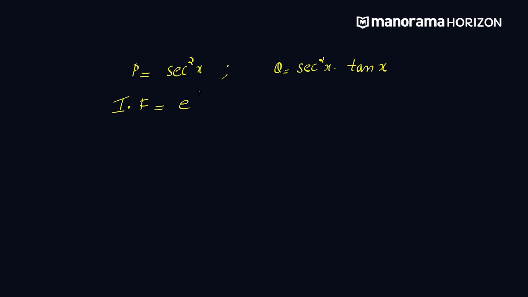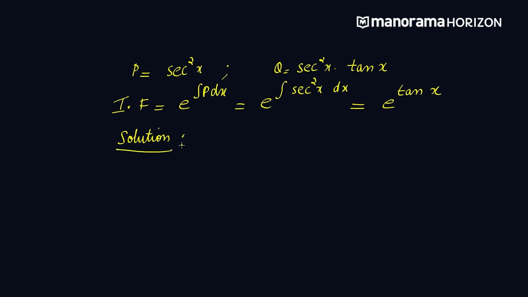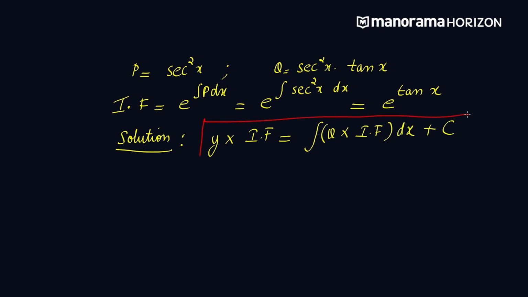Integrating factor is given by e raised to integral p dx, which is equal to e raised to integral sec square x dx. What is the integral of sec square x? It is tan x. So, e raised to tan x. Now, to find the solution, we have to apply the equation, that is y into integrating factor is equal to integral q into integrating factor dx plus c. So this is the solution. So substituting the values of q and integrating factor, we get